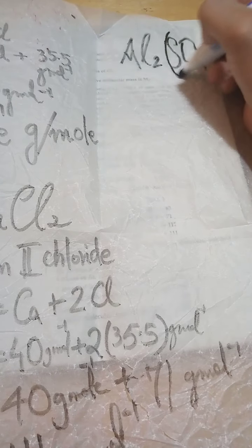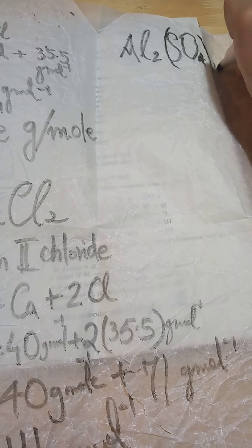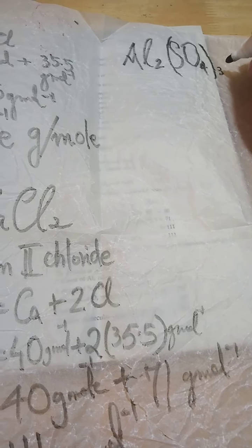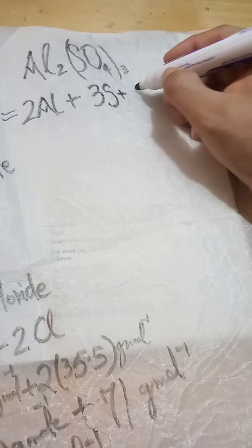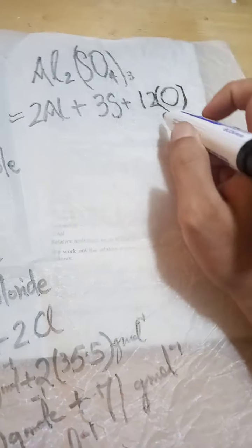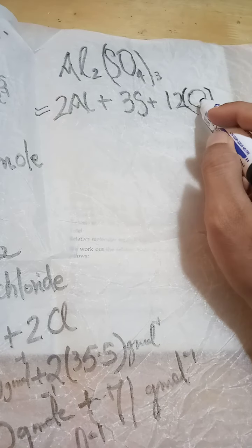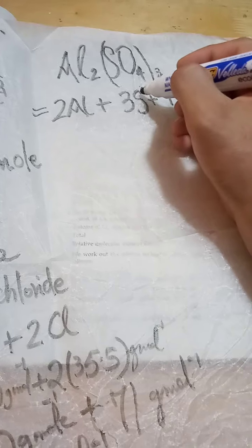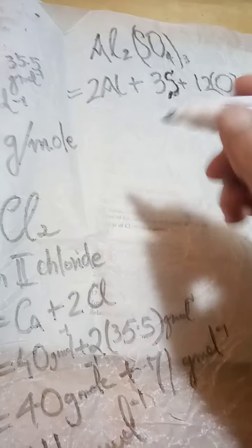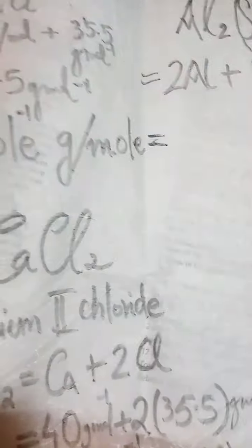You might remember I did this for you in the valency section in the previous video, which was accidentally switched off. Apologies. So that will be 2 atoms of aluminium plus 3 atoms of sulfur, S, plus 12 atoms of oxygen, in brackets, so that the examiner doesn't think you've put 120 here. And I make S quite distinct. So we know that aluminium